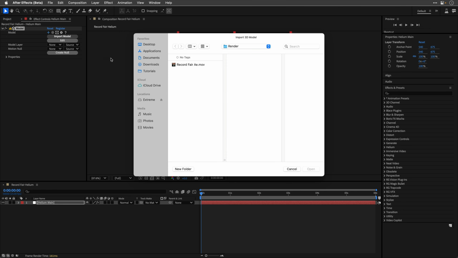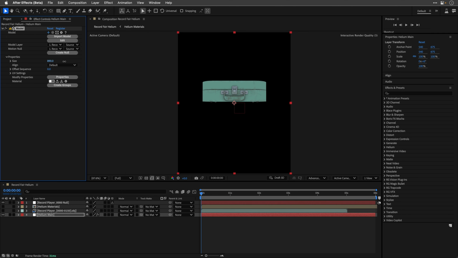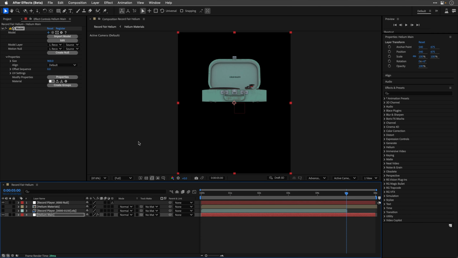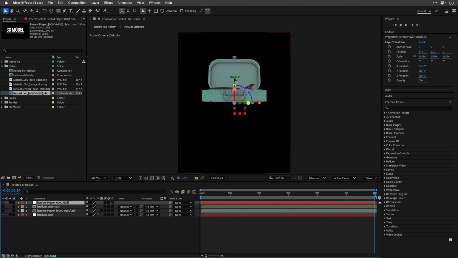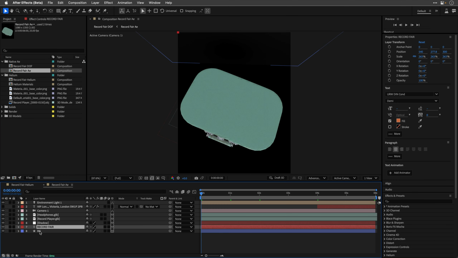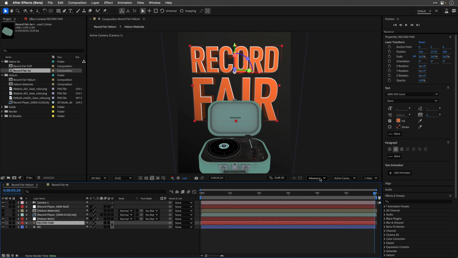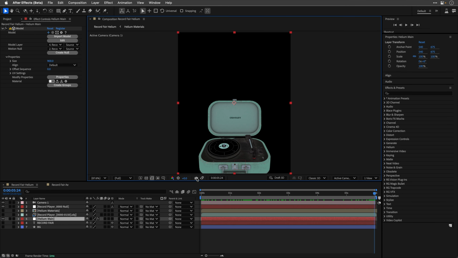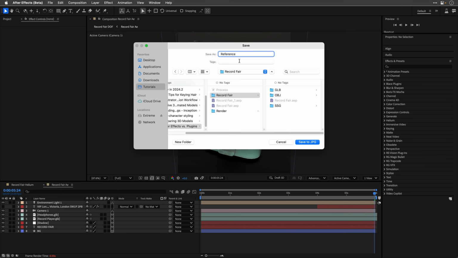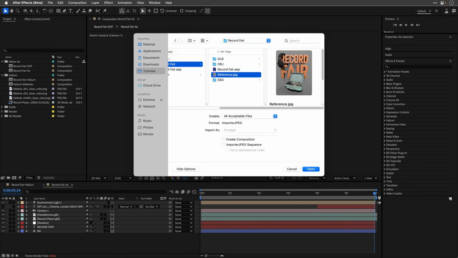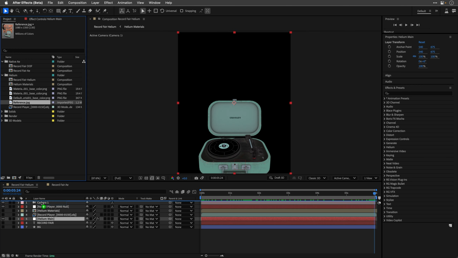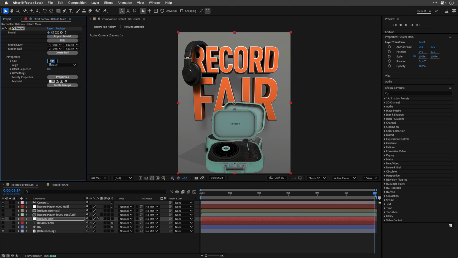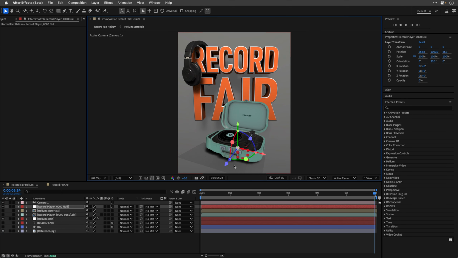I'll import the animated OBJ sequence and set it to the same frame rate of my composition. And then I'll create a null for it, which will allow me to move it freely in the comp. To match it to the previous design I've created using the native After Effects tools, you can copy and paste the elements which are just going to repeat themselves, such as the text layers, the camera, and of course the background. And I'm also going to export a reference frame, which is going to help me to place the objects